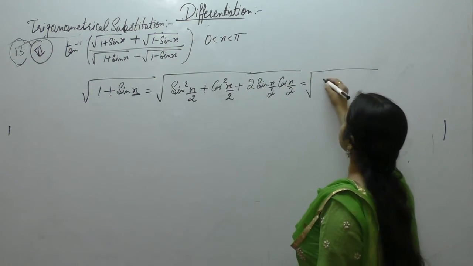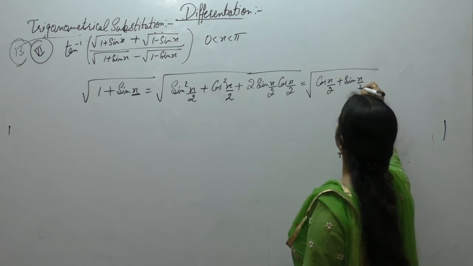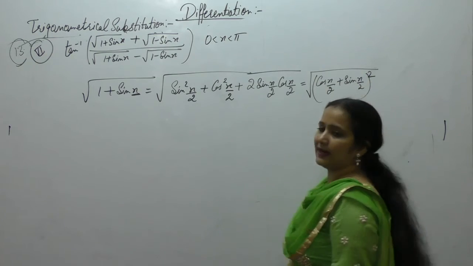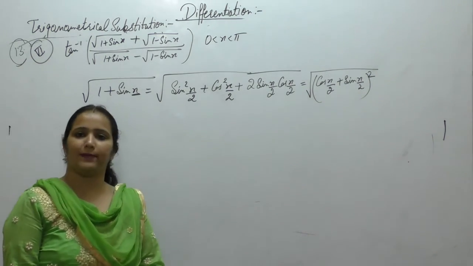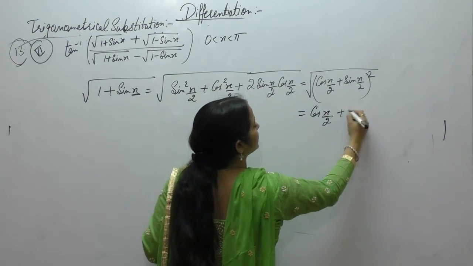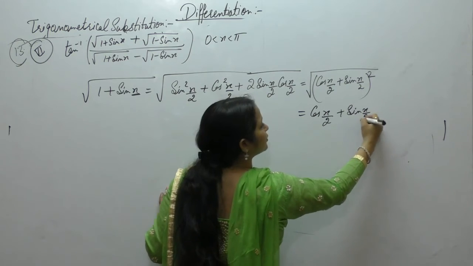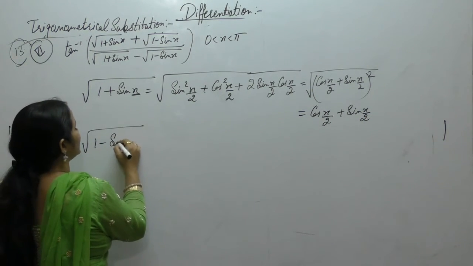So it becomes (cos x by 2 plus sin x by 2) whole square, a plus b whole square is a square plus b square plus 2ab. So what we get? Cos of x by 2 plus sin of x by 2. Clear? Now 1 minus sin x,